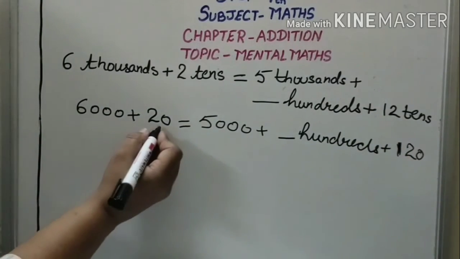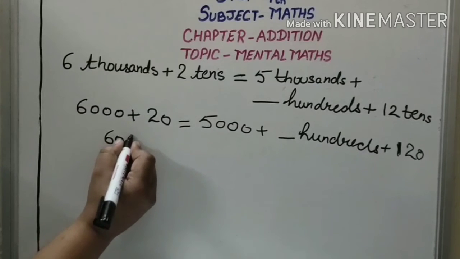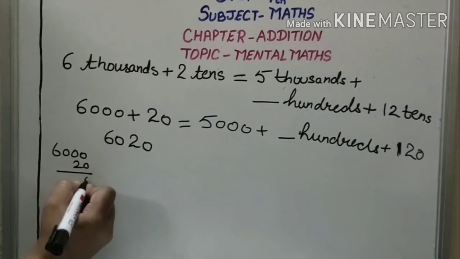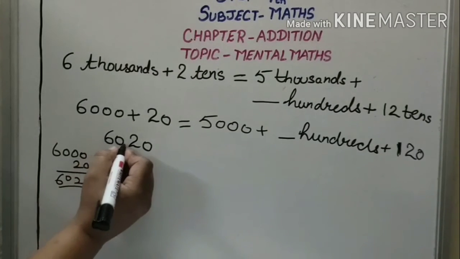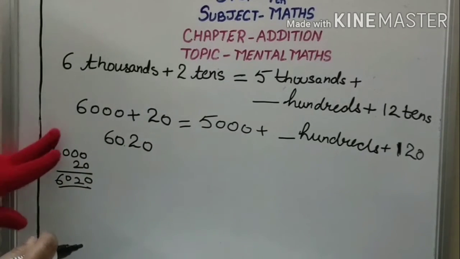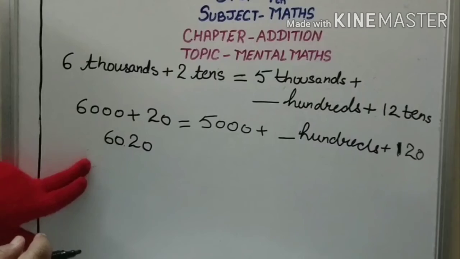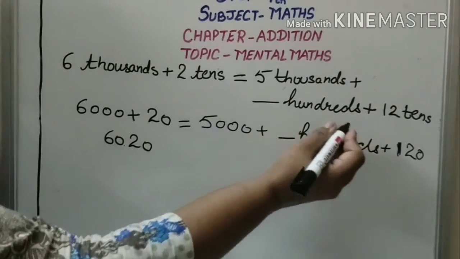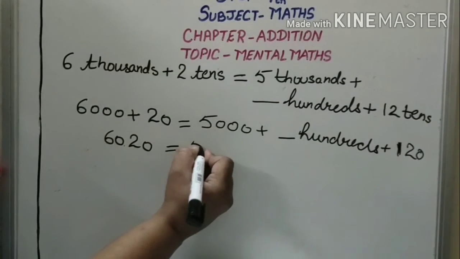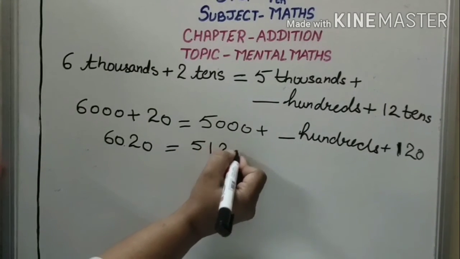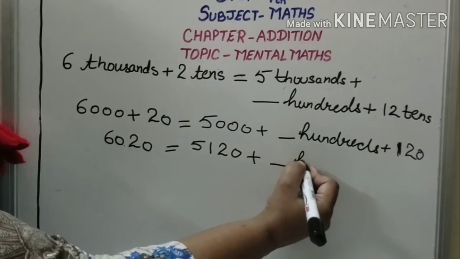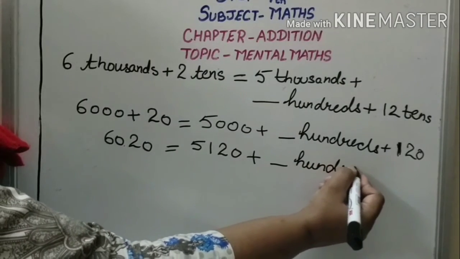Okay, children, now what we have to do? We will add 6000 plus 20, 6020. You can add on the side also, or you simply also, you know that it's 6020. At 100 place nothing is there, so it will be 6020 equal to, what is there, children? 5000 plus 120. What we can add? 5000 plus 120. इनको जब प्लस करेंगे बच्चे ये आएगा 5120 plus, now we have to find out what will come here. अब देखना है कि यहाँ पे क्या आएगा,